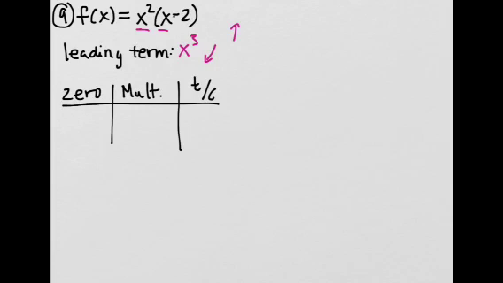Okay? The zeros, well, for the first factor, the 0 is 0. Its multiplicity is 2, so that's even, which tells me that it's going to be tangent. And then for the second factor, the 0 is 2. The multiplicity is 1, so that's an odd number, so it's going to cross. Okay, so we go ahead and draw our